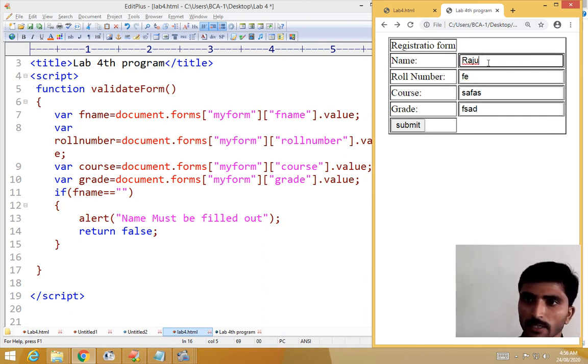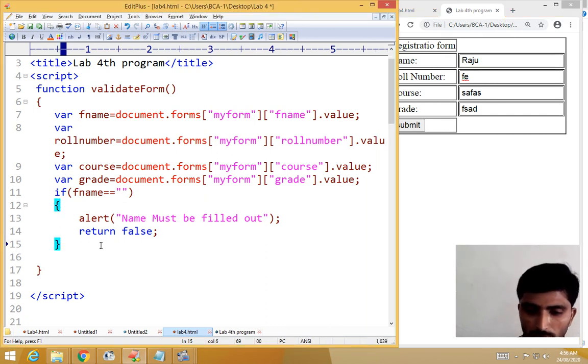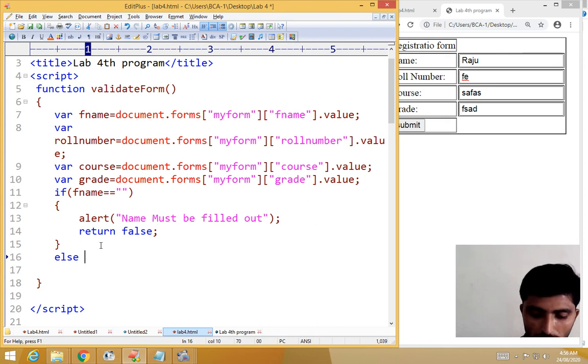If it is correct, then come to the next text box. So for that I want to write else if, you know already. If the first condition is correct, then check the second text box. How to write else if: roll number is equal to empty, same thing, the roll number empty, open and close, right.